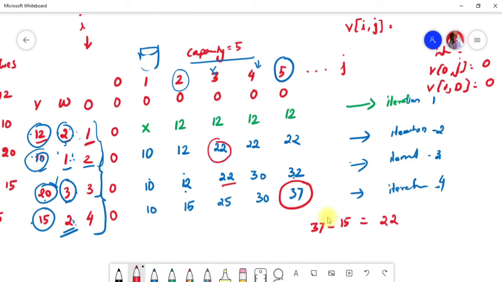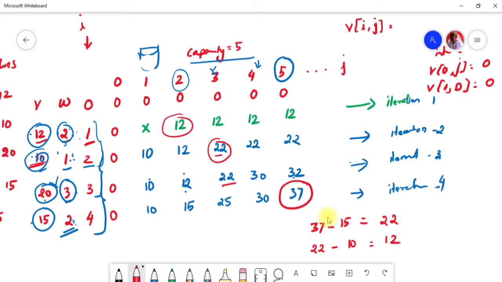If 22 is available in iteration 1, then you keep it here, and you skip this one also, and iteration 2 also. Now from this 22, what do you have to do? From which number are you going to subtract? So 22 minus the corresponding value for the row, that means 10. Of course the answer is going to be 12, right? Find out whether 12 is available in the first row. Yes, we have got the 12, which is going to be the first one, this one.